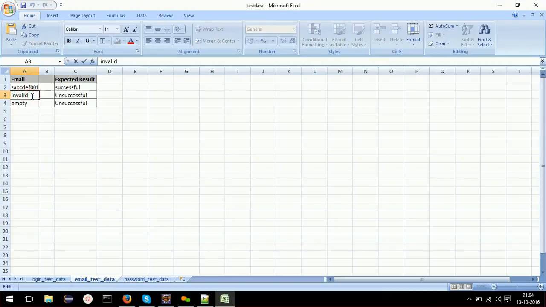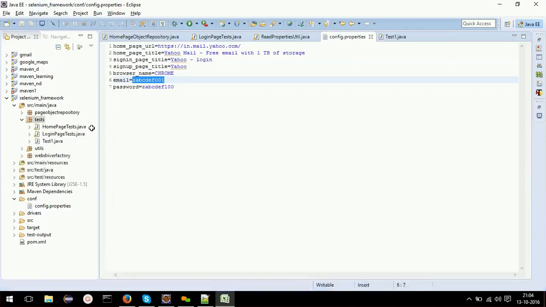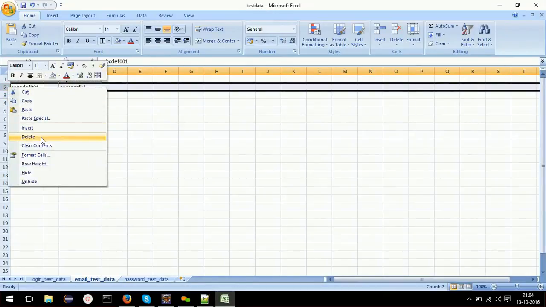For the invalid case, I can give anything. For the empty case, I'll just give it like this. And for expected result, how do I verify whether the functionality is successful? What I'll do is put this valid at the end.